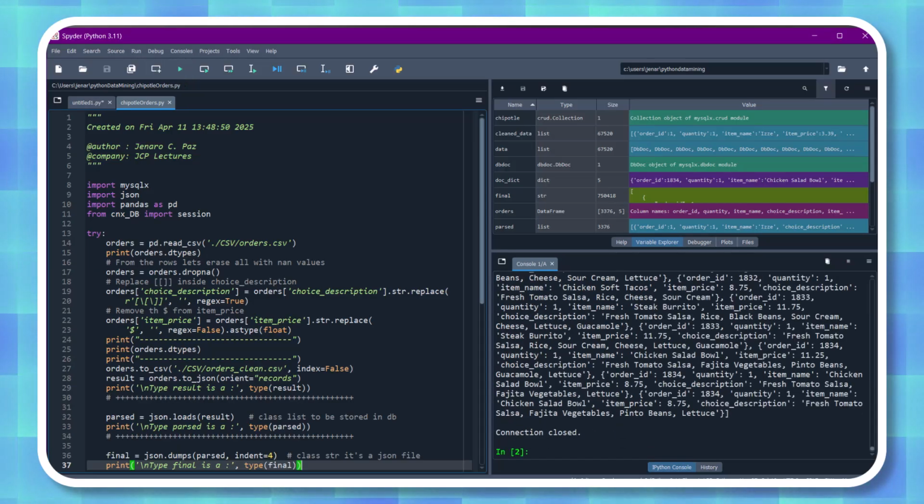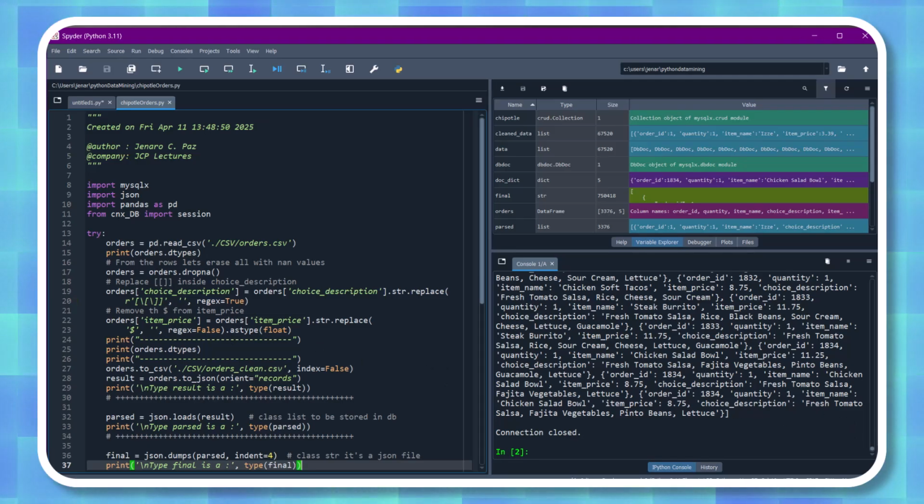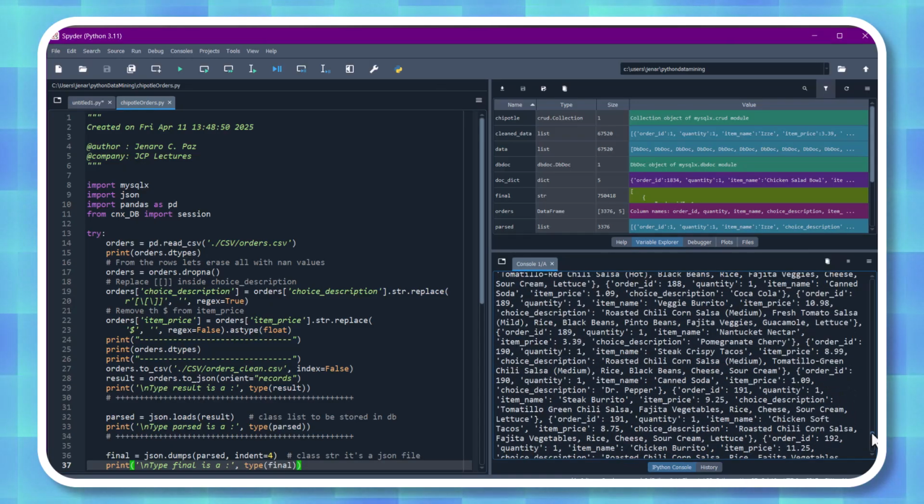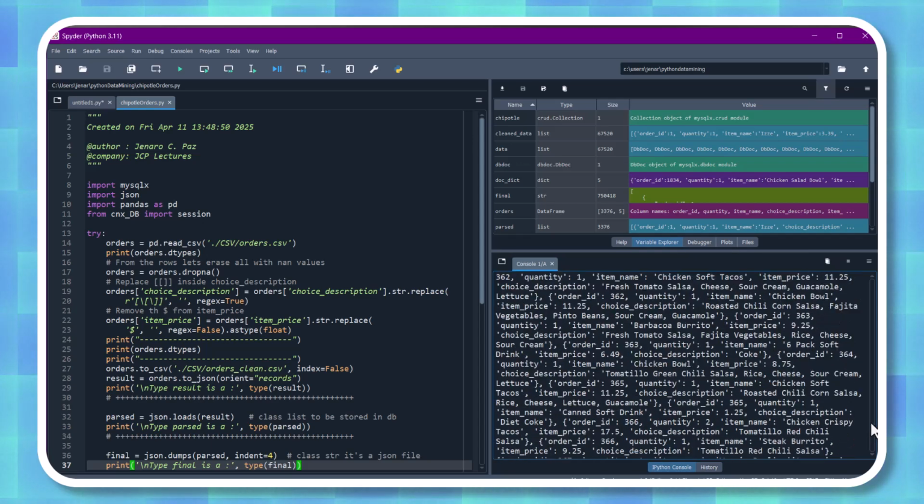And here's the result, a nice clean list of dictionaries ready for reporting, visualization, or deeper analysis. This is a great example of how Python and MySQL DevAPI work hand in hand to automate data cleaning and storage.